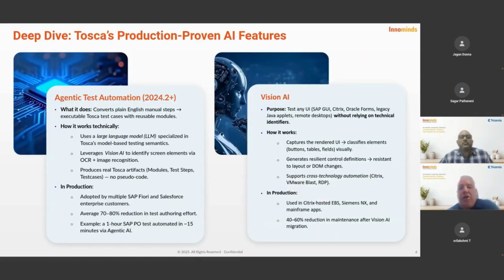I'm going to start by showing you our latest innovation, and then show you one of our first innovations that actually helps power that, which is Vision AI. Agentic test automation. What does that mean? That was introduced earlier this year in our product suite. Agentic simply means a generative AI that can take action on your behalf. Some of the classical definitions of agentic are: it actually discerns what it sees, it reasons what needs to be done to achieve a task, it performs that task for you, and it learns along the way.